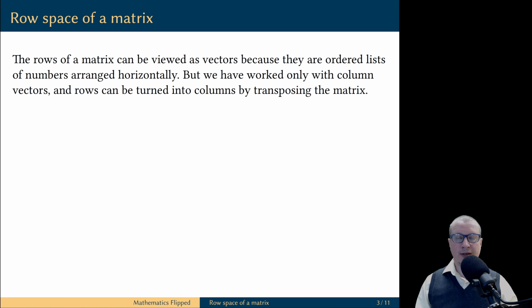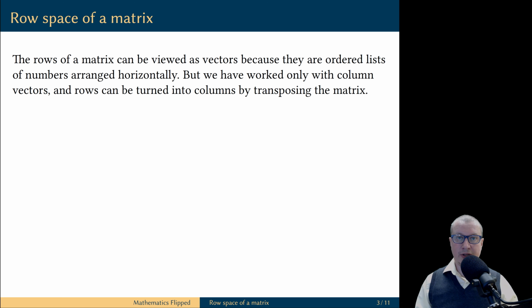Let's get started. We defined column vectors as ordered lists of numbers written in the vertical fashion, but there is nothing special about writing lists of numbers in a vertical fashion. We might as well write an ordered list of numbers in a horizontal fashion, and that will result in row vectors. The reason we worked exclusively with column vectors is that it makes the linear system notation convenient. You can think of a linear system as the coefficient matrix multiplied by the column vector of unknowns, and this is equal to the column vector of constants.